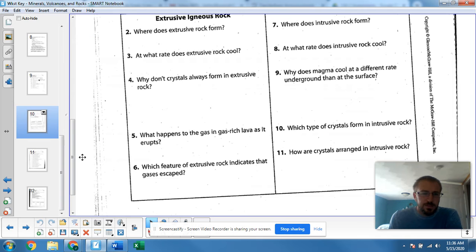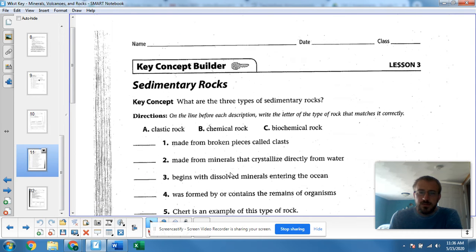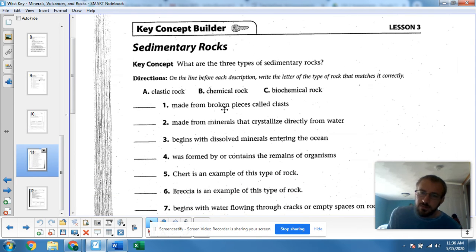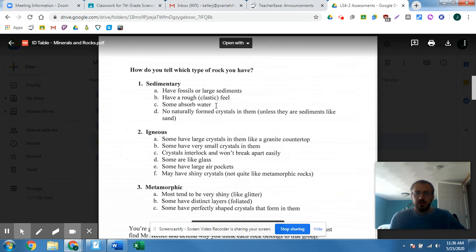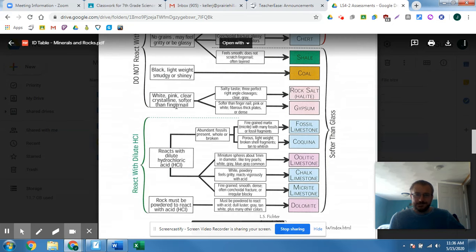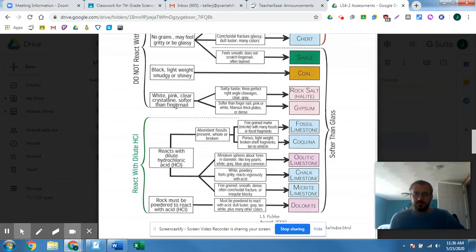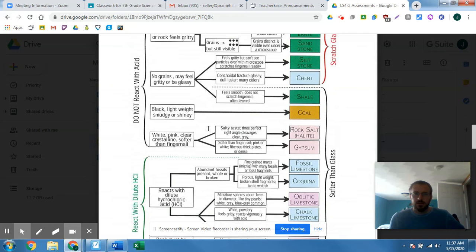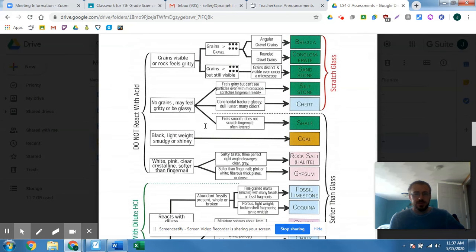Okay, so that's the igneous rock page. The sedimentary is really just reading some information here and figuring out if that's describing a clastic rock, a biochemical rock, or a chemical rock. So I don't know if they split that up on here. So you might have to look at some of this information here, possibly. So this page doesn't have this separated this way, but